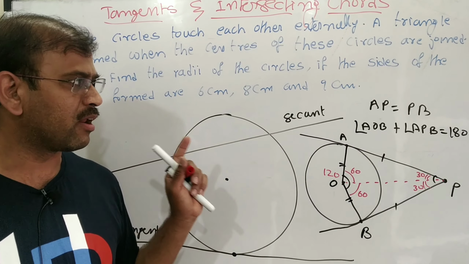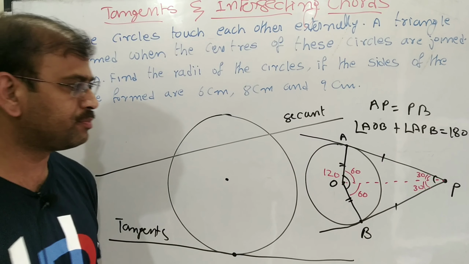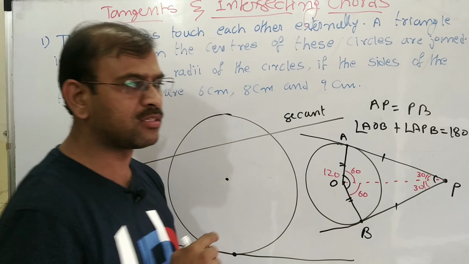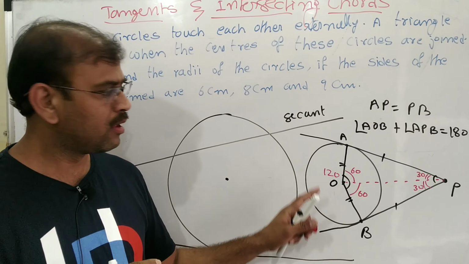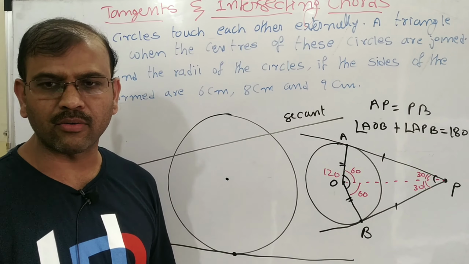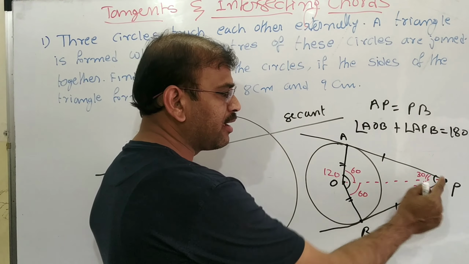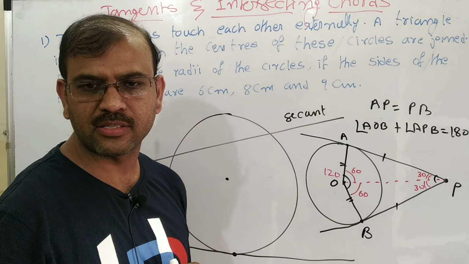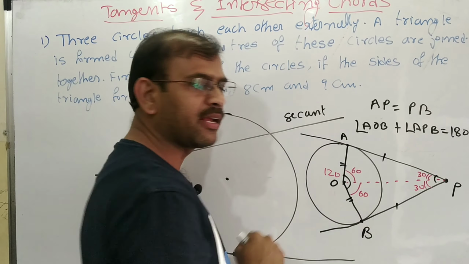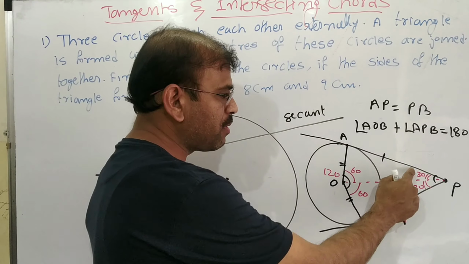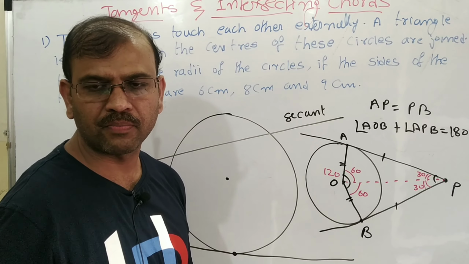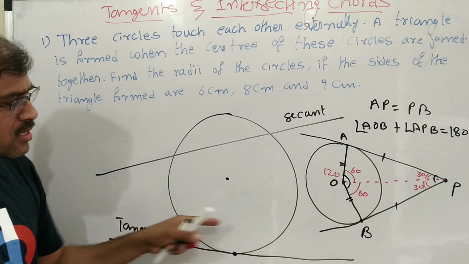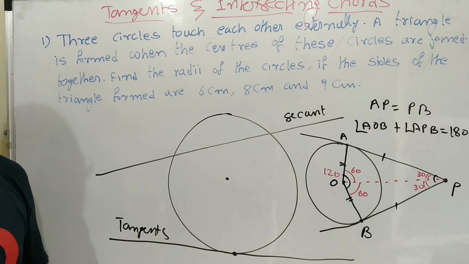Now listen once again, I am going to explain all the properties. From the exterior point, if you draw 2 tangents to the circle, then the lengths of the tangents are equal. The center angle and exterior angle always sum to 180 degrees. When I draw the bisecting line, the angle is bisected at both places. So this is the introduction about the tangents.